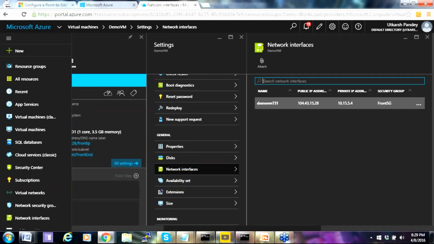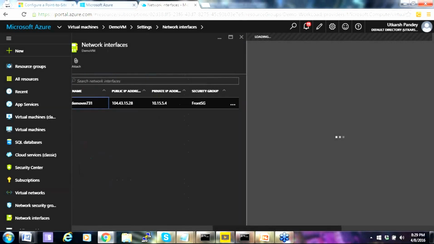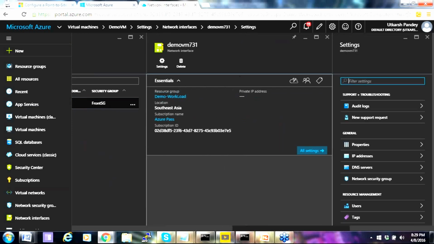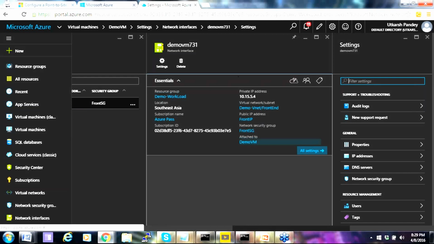And this is the network interface, or the network interface card, which has been created. As I said, the network interface is something which can be associated or disassociated, and it has a lot of network related information attached to it. This is the place where we are seeing this. Okay, so we'll not go and do everything again,